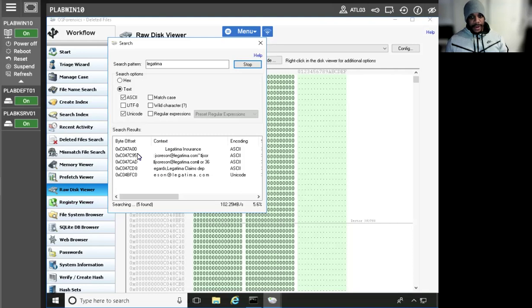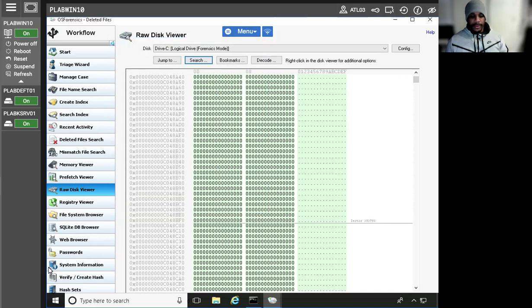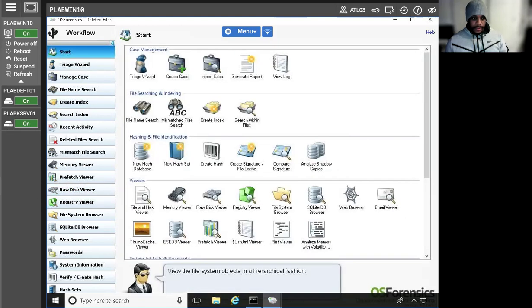So the search results, right? They're just indicating the byte offset and file encoding in the drive where the deleted files are located, for other information, right? I'm just gonna hit stop here and then exit out, and I'll go back to the start. But yeah, so now we're able to move on to our next exercise, which is using the Sleuth Kit and